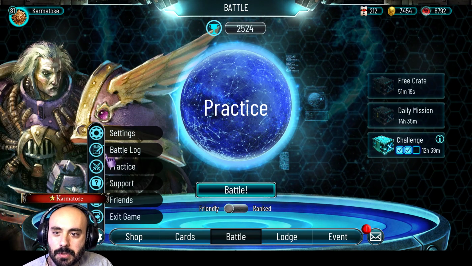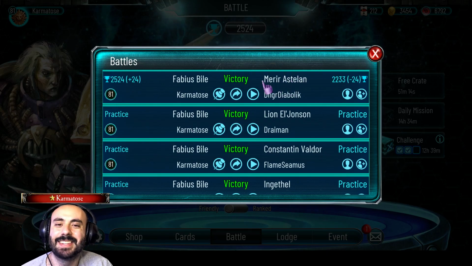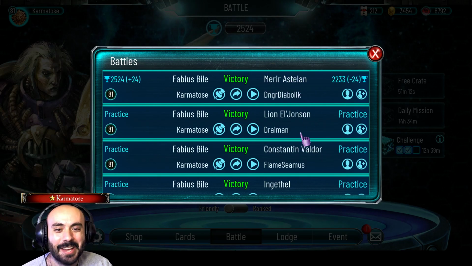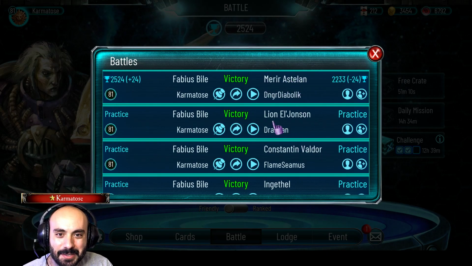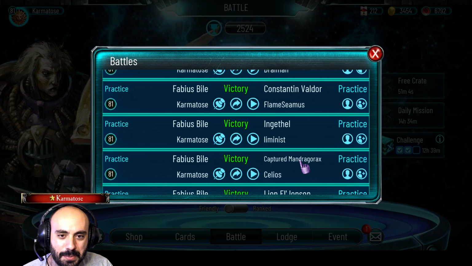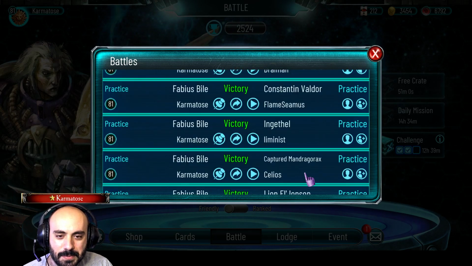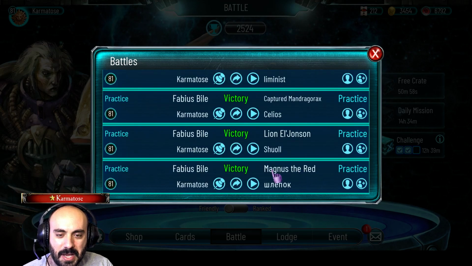It's down in the corner. So, this is the one you want to stick around for. The rest of these I don't remember super well, but it looks like I beat up a Primarch, I beat up an Ingathil, I beat up another legendary warlord, another Lionel Johnson, different player, and Magnus the Red is where